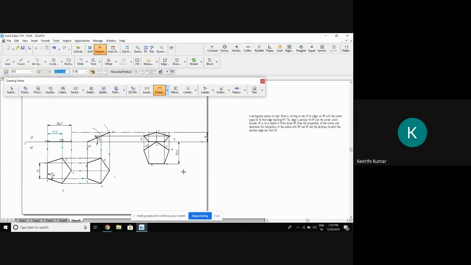35.45. So only left out in this is this. Can I tell what is the mathematical method to find out? Determine the inclination of the lamina with HP and VP. The inclination of the lamina with HP is how much now? Here, this inclination is called inclination of the lamina with HP. With respect to VP, how much it will be? 90 minus 23. Yes, 90 minus 23 will be that one.